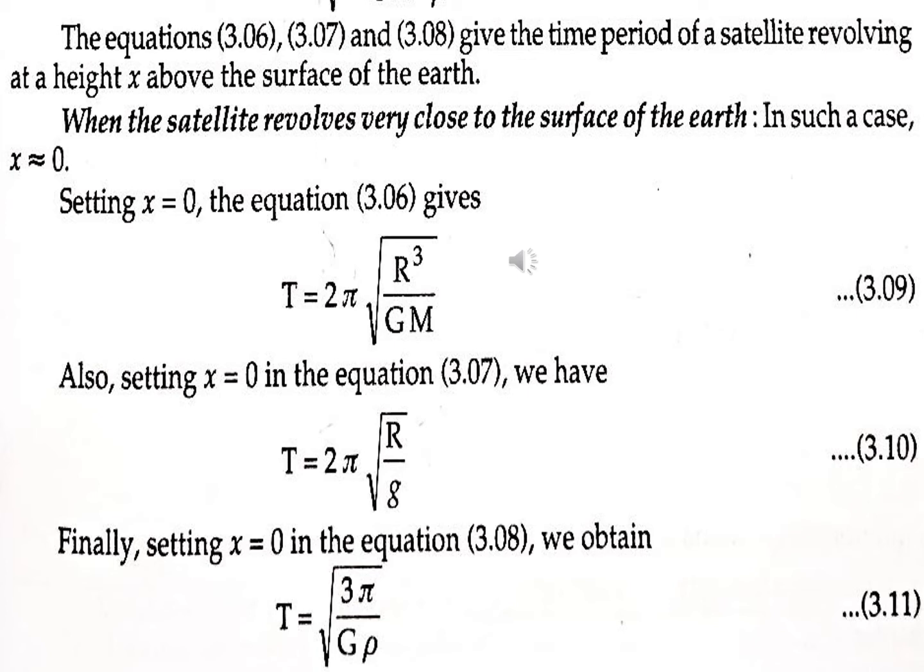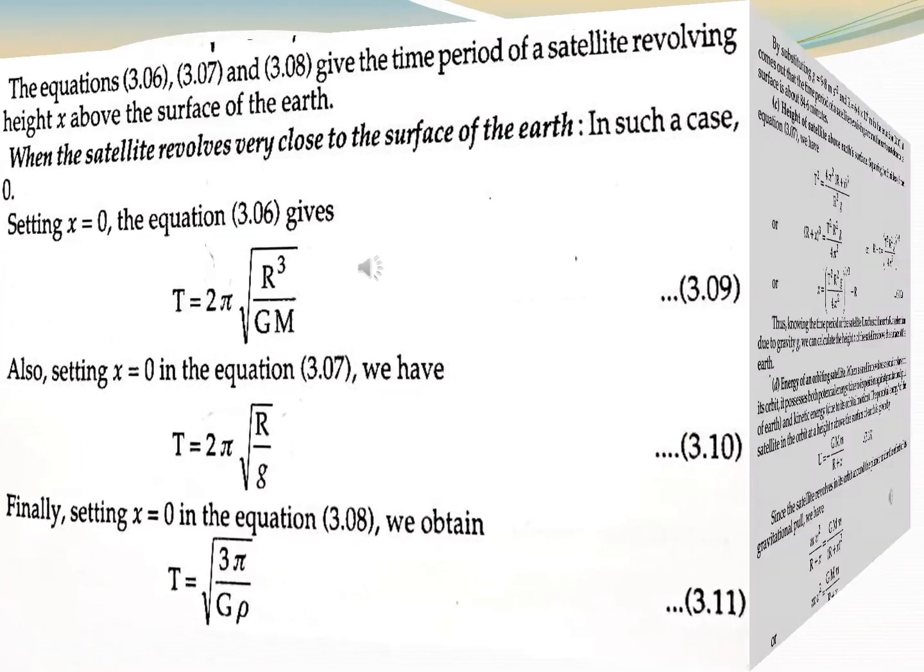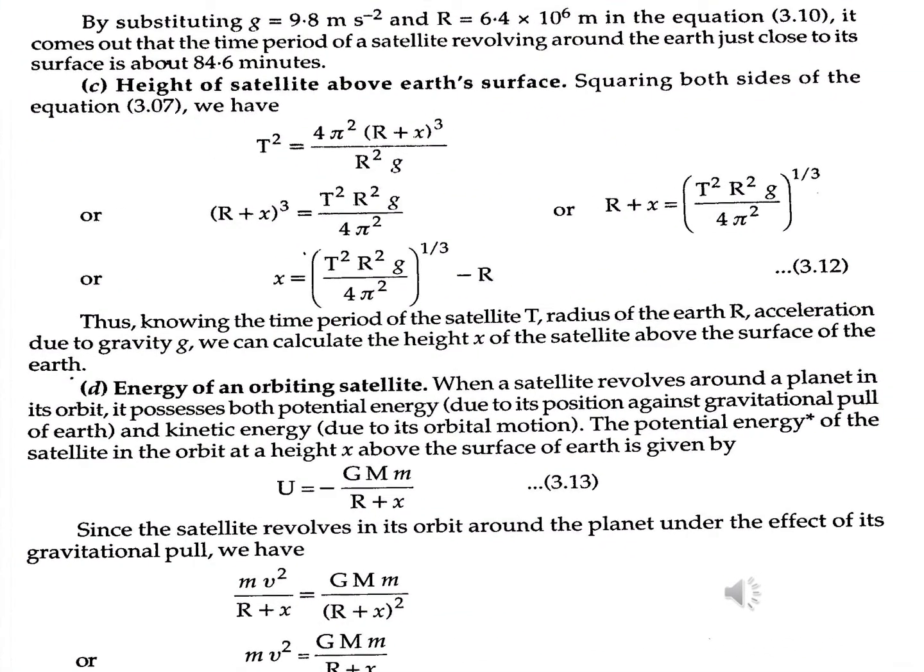So finally, putting x equal to 0 in equation number 8, where G is the gravitational constant, M is the mass of Earth and R is the radius of Earth, we get the time T is equal to 2 pi under root R upon g. The gravitational force of attraction between the satellite and the Earth will provide the necessary centripetal force to the satellite to move around the Earth in a circular orbit.